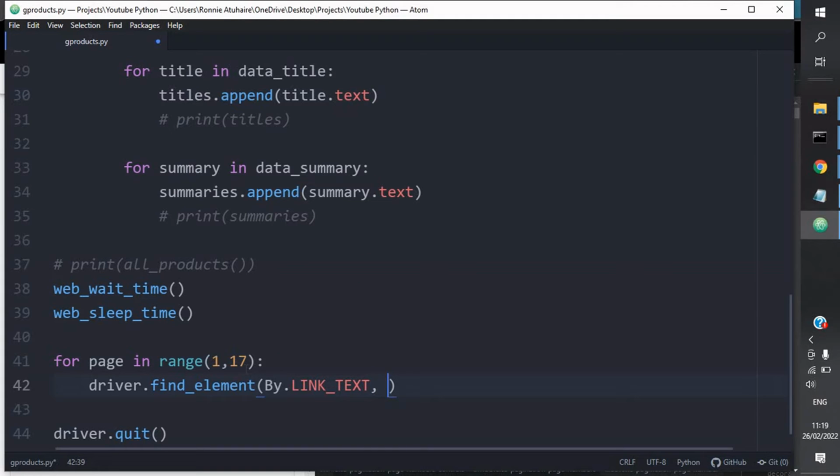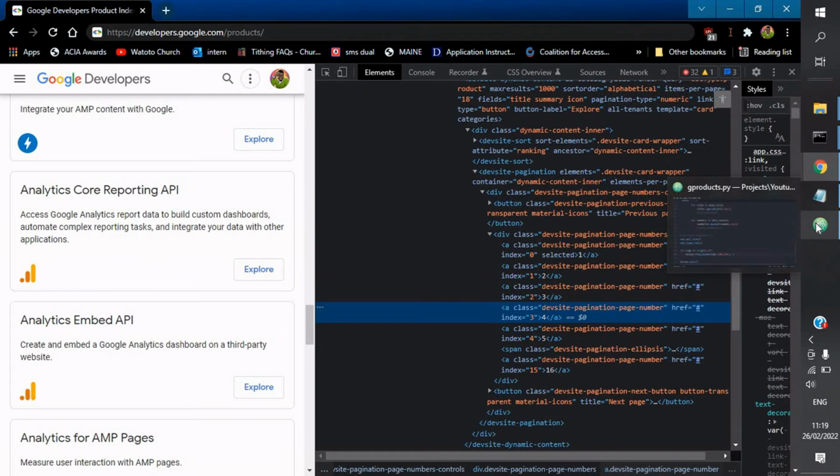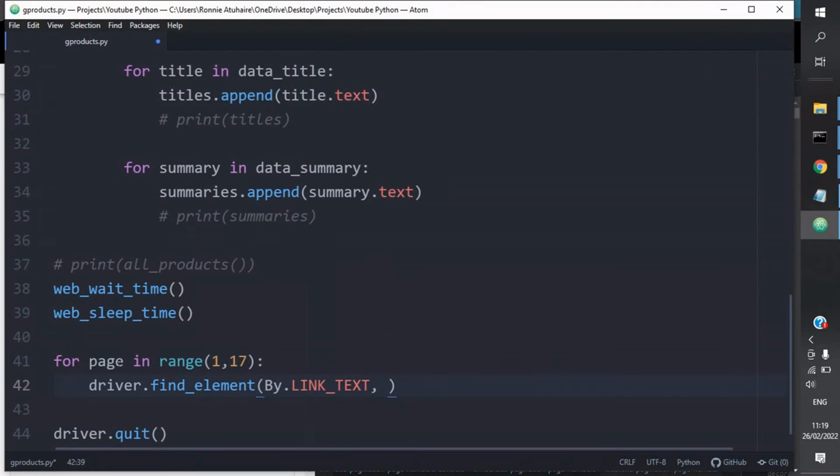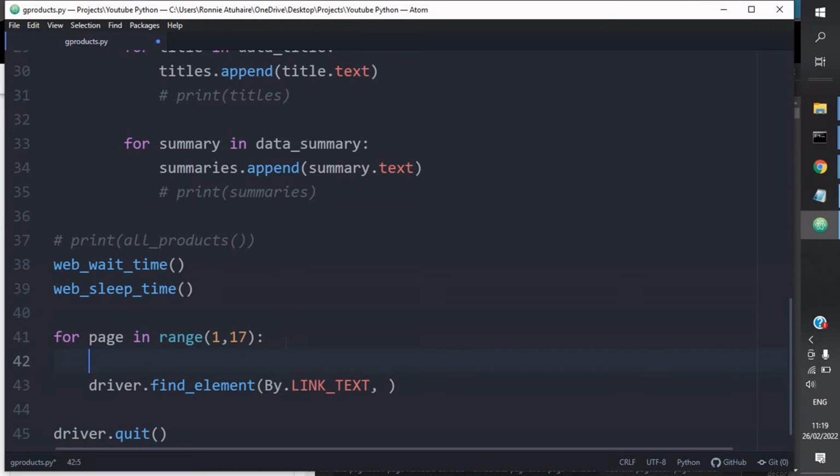So which link text do we need? The link text that we need is going to be a page. But if you go back, as you can see here, this is a string, and I believe this is also a string. So every page is a string. How do I know this? We can run this and see what I'm talking about. If I did